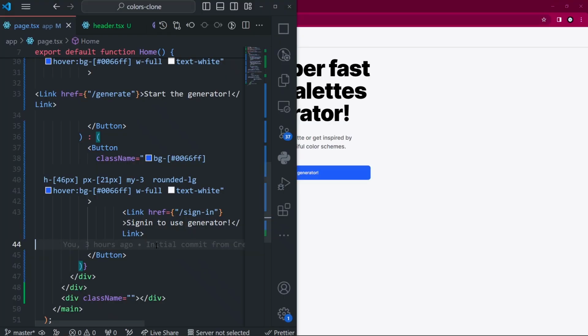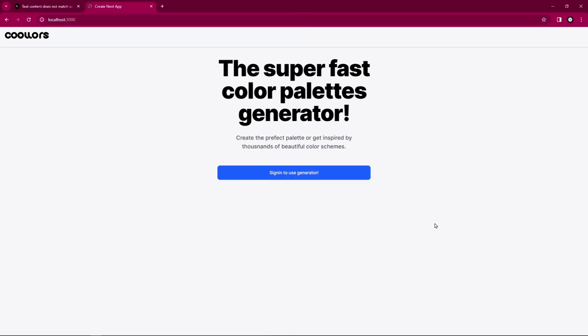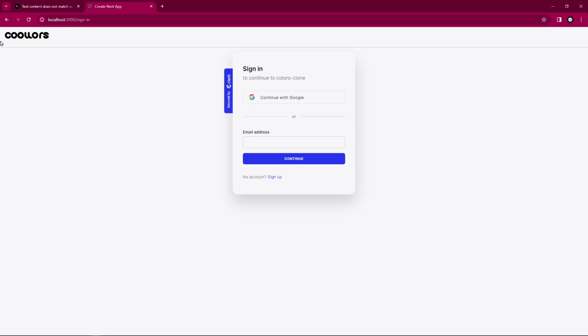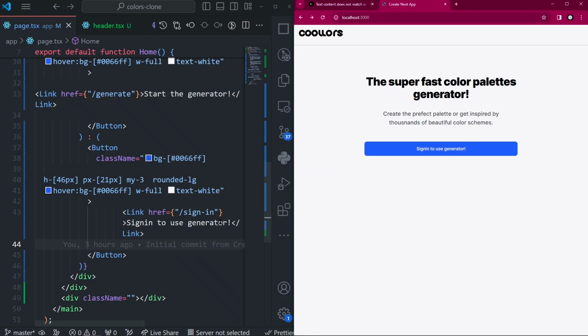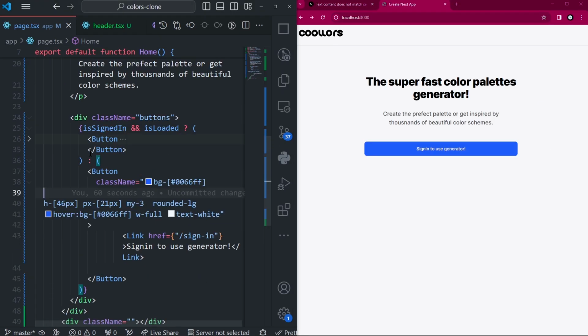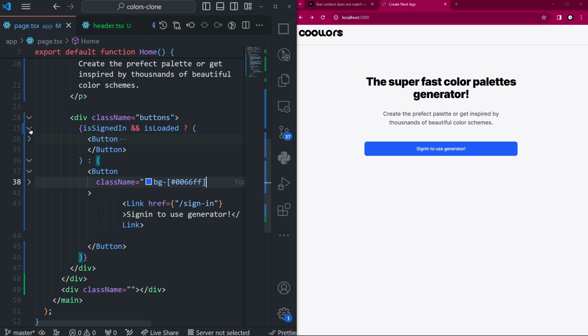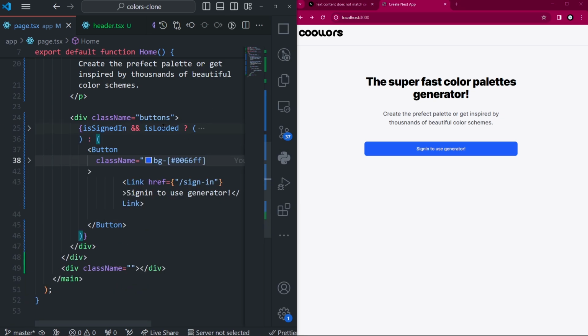Okay, let's see where this is supposed to take us to. Take us to the sign in page, and yeah, cool, that works. Nice. Okay, so we need to add another button, since these are just our authenticated buttons, and we should add